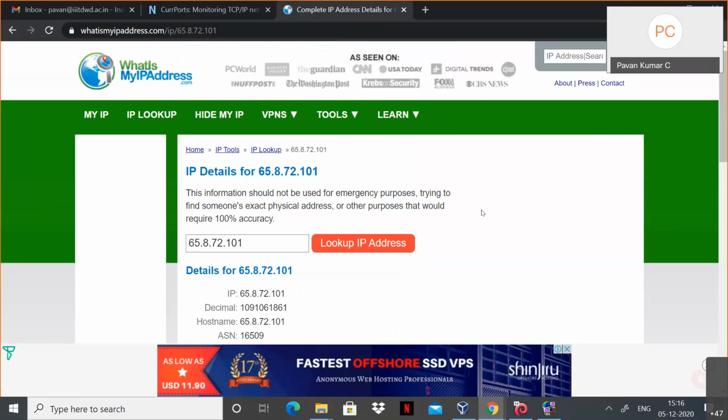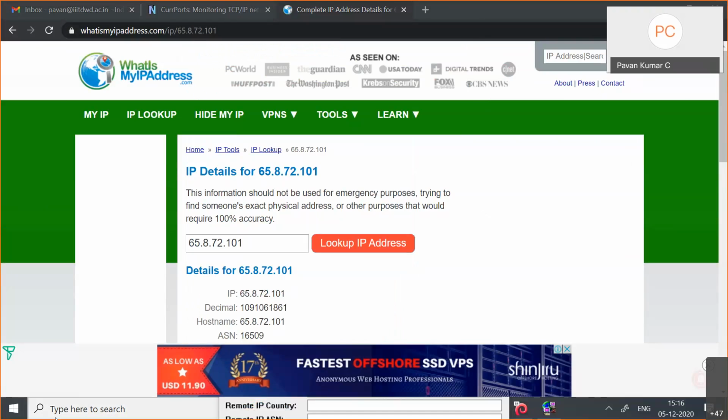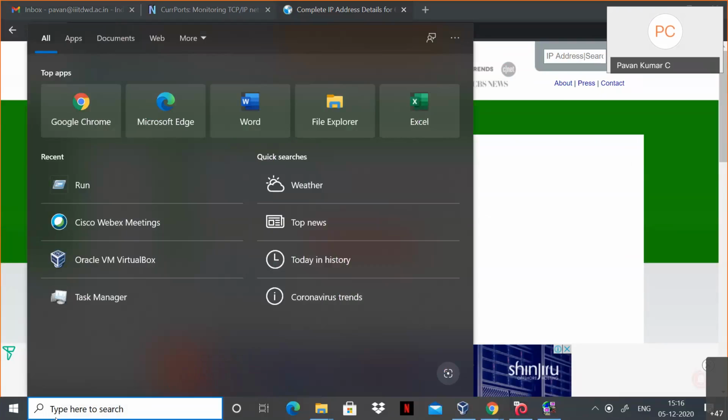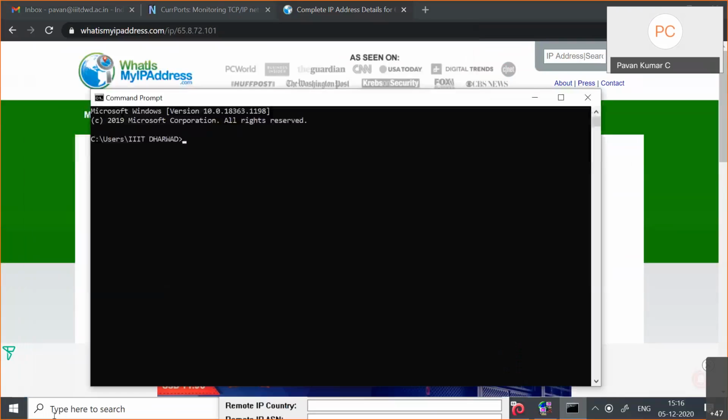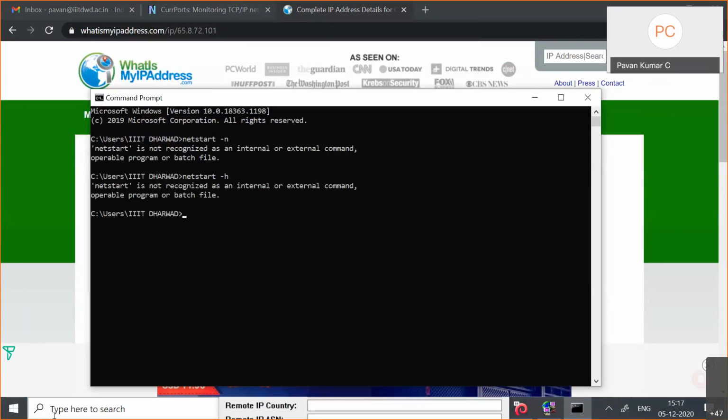This is the way to do it by using the current ports, and there is a way to do it by using the command prompt also. So go to the command prompt, and type the command net start minus n, one second, h I think, or